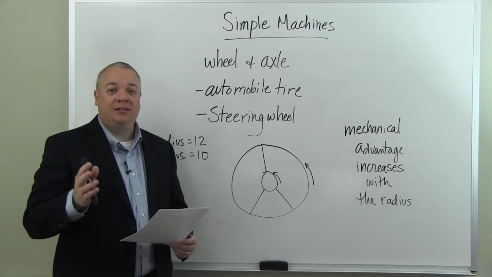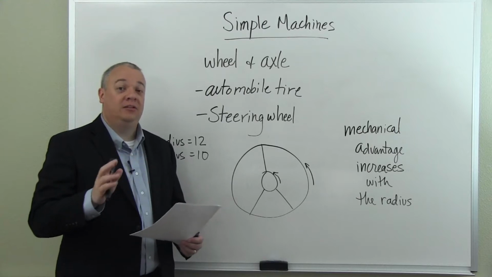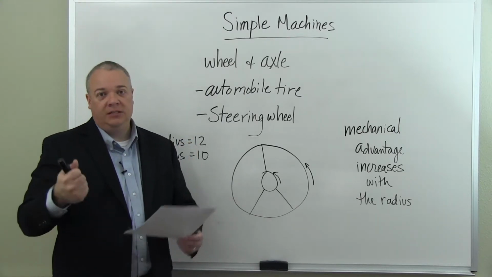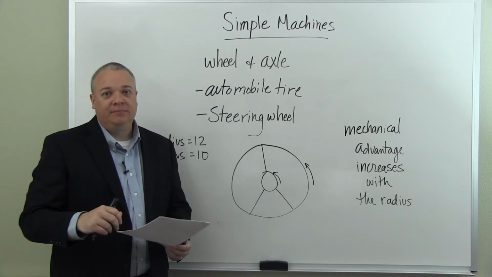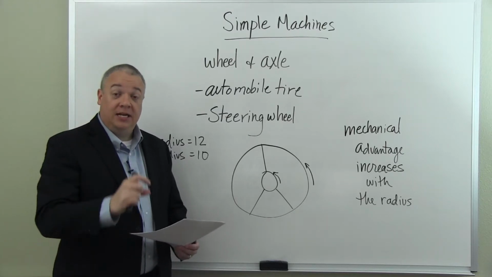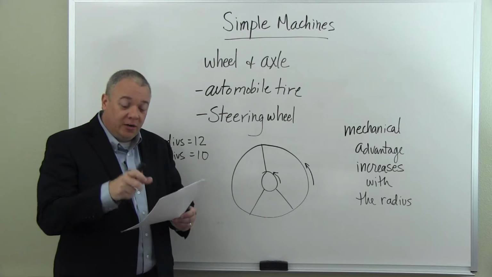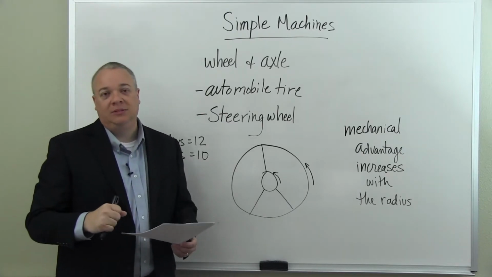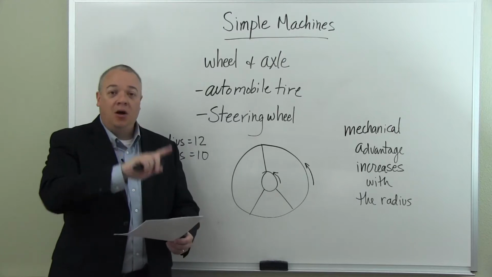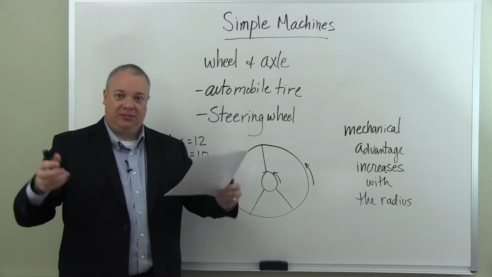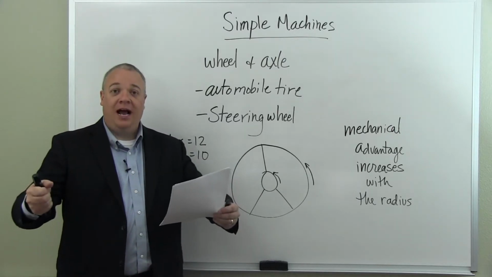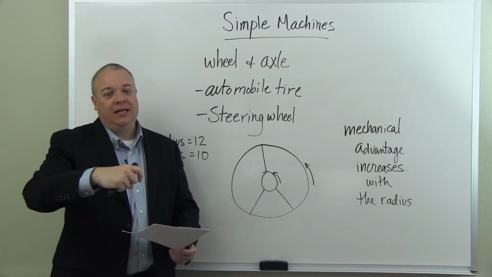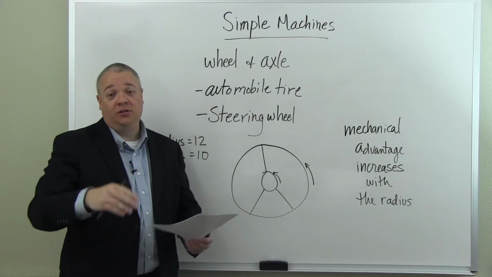But what we want to think about to help illustrate the point of the mechanical advantage of the wheel and axle is something more along the lines of a steering wheel. Essentially, the steering is done by the central column. But if you had to grip that central column and turn it with your hand this way, it would be almost impossible. So by attaching a wheel to that central axle and moving the radius of that circle out, it takes much less force to turn the central axle and therefore to turn the car.